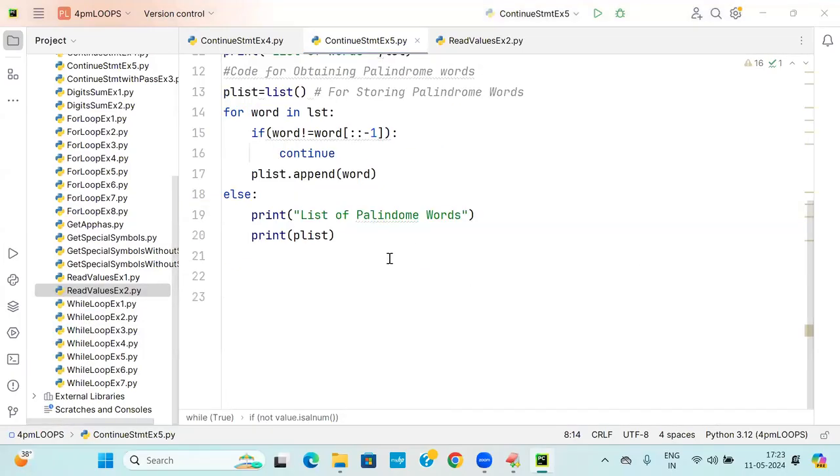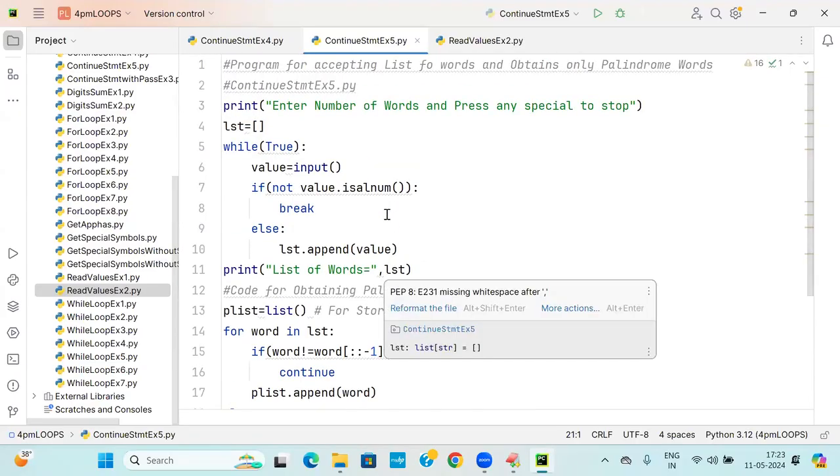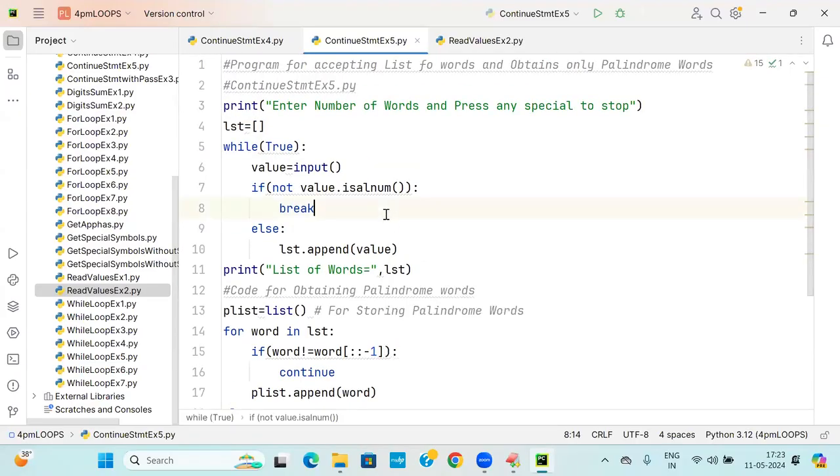Okay, students. Now I'll move further. I hope continue is clear. Online students, write down one more. Write a Python program. Now continue statement examples done. Now general questions I am giving. Write a Python program